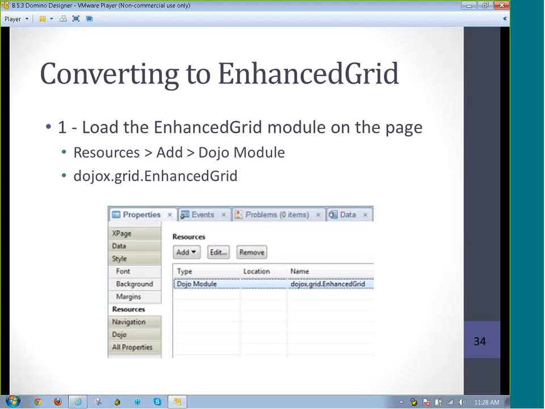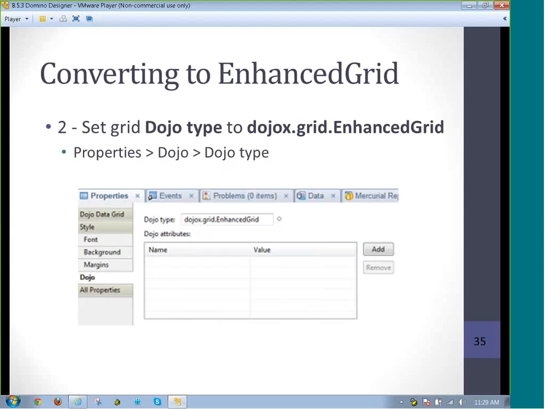So to add that module to the page, within our XPage, here I'm at the XPage level, under Resources, there's an Add button, and one of the options in there is to add a Dojo module. And then you just have to type in the precise name of the module, which in this case is dojox.grid.EnhancedGrid. And again, that makes it available to the page to use. The second step is what actually applies it and makes it useful. So when I select the Dojo Data Grid, under Dojo, there's a Dojo type field. And then I'll put in that same name,